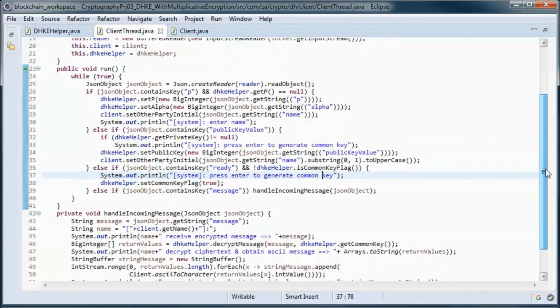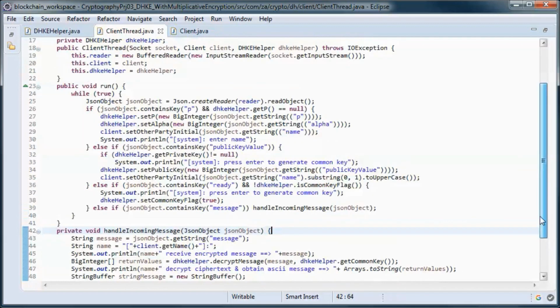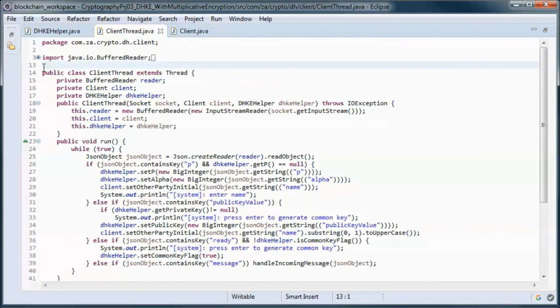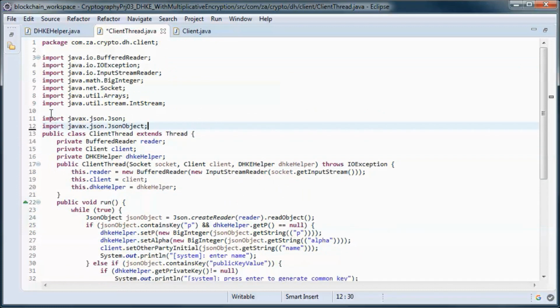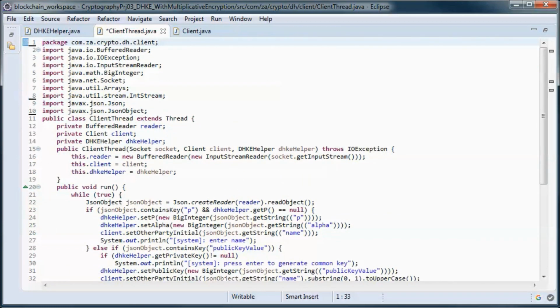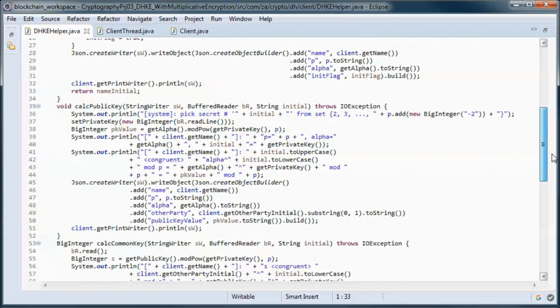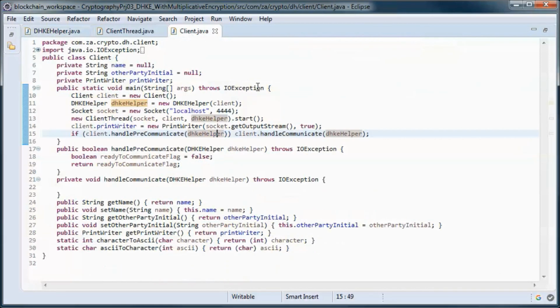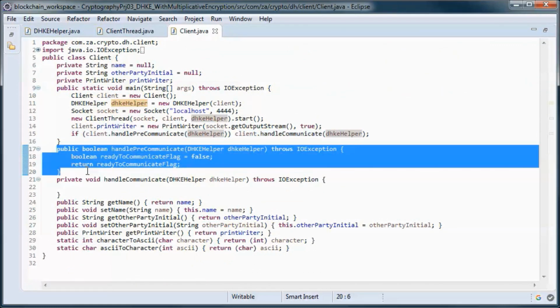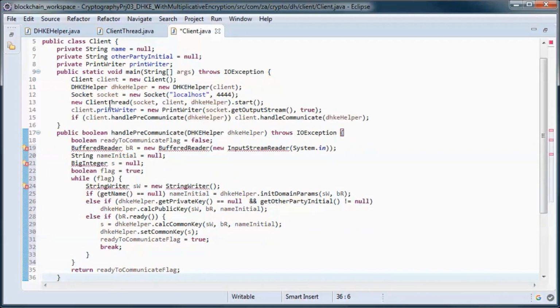Otherwise, if this is a message, then we are handling it here. And this method handles all the pre-communications.